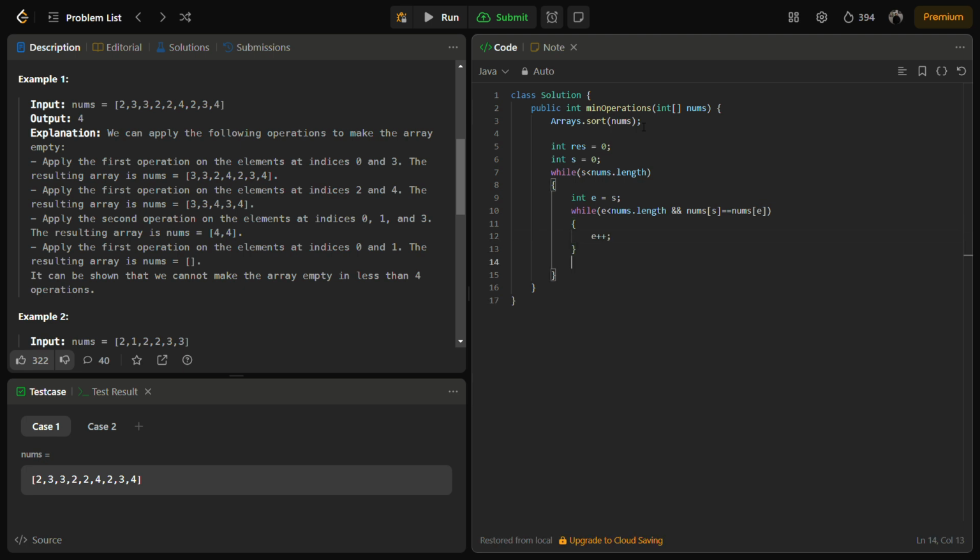So after this, we'll have an ending and a starting point in between which all the values will be the same. So we can simply count the number of values by ending minus starting. And here I was talking about the case where if the count was 1, then our logic might fail. So for that, one special case is required: if the count is 1, simply return -1. Otherwise, res plus equal to count divided by 3,